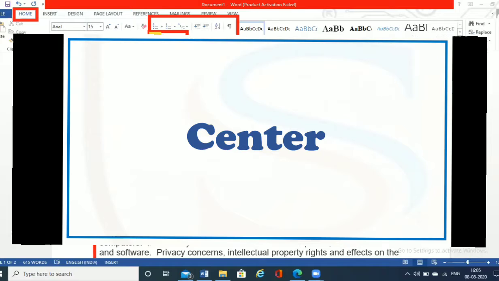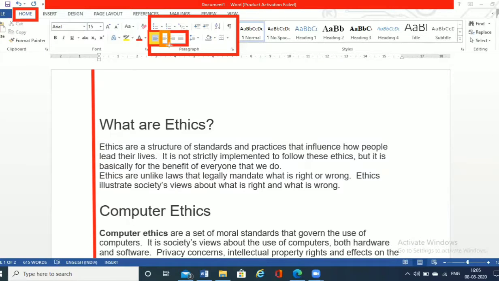Now moving further, the next alignment is the center alignment. This is the center alignment. What does the center alignment help us in? In this, the selected text is at the center of the page. We will see here, everyone. See carefully.